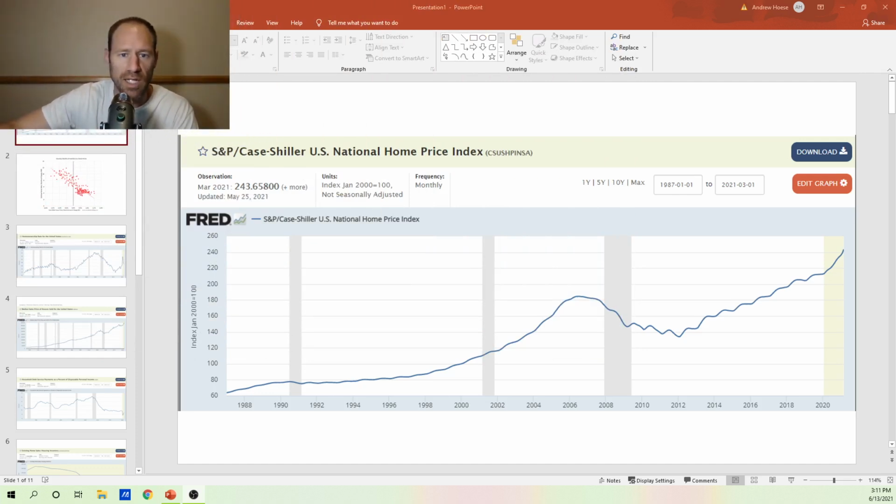This is the Case-Shiller U.S. National Home Price Index. And they look at this last bubble when we had a whole bunch of inventory, a whole bunch of foreclosures, and a lot of problems, mainly driven by loans that should have never been loaned. We came up and we had 10 months of inventory right here. And I'll show you in the next slide what inventory does to prices at certain levels. But we overbuilt. We were in an expansion phase of real estate, and we had too much inventory, and we had a bunch of foreclosures come on. That drove house prices a lot lower.